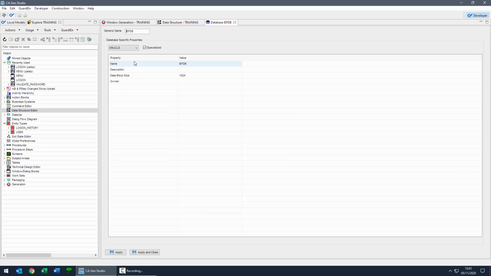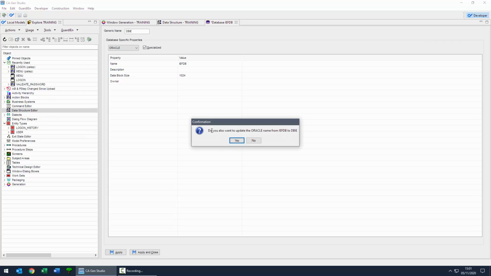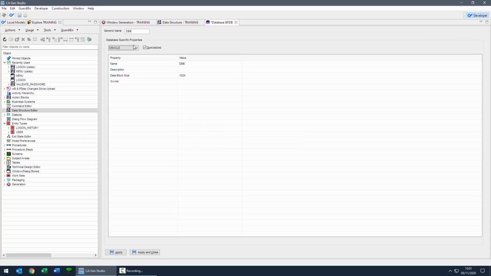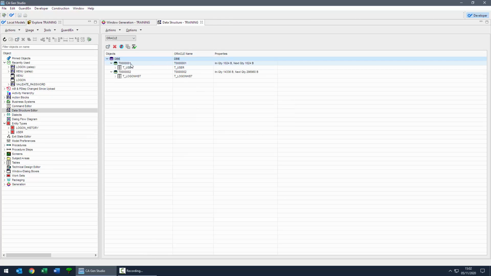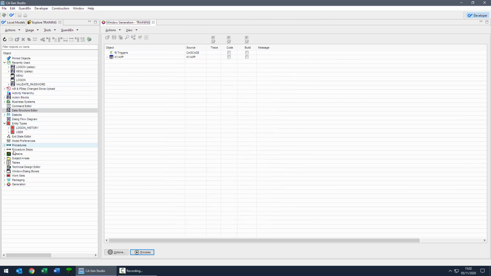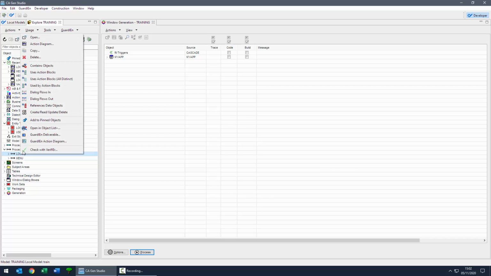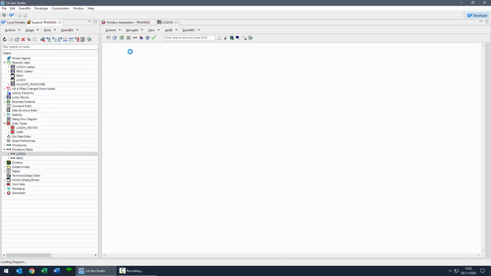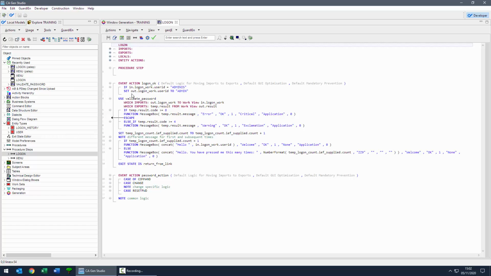Because I've implemented these in a database within my Oracle instance called DBIE, I'm just going to change the name of the database to match my database instance. So there's my database, and if we look at our logon action diagram, we've added